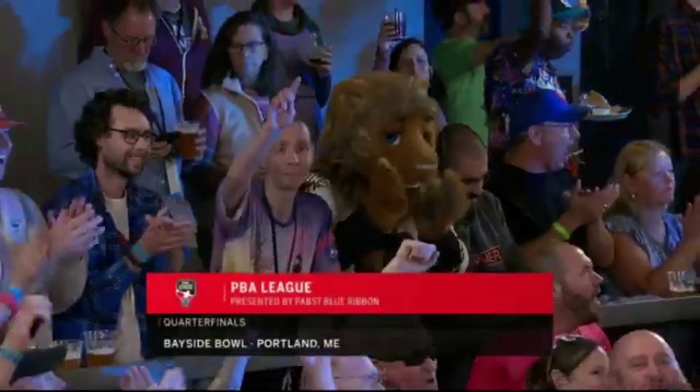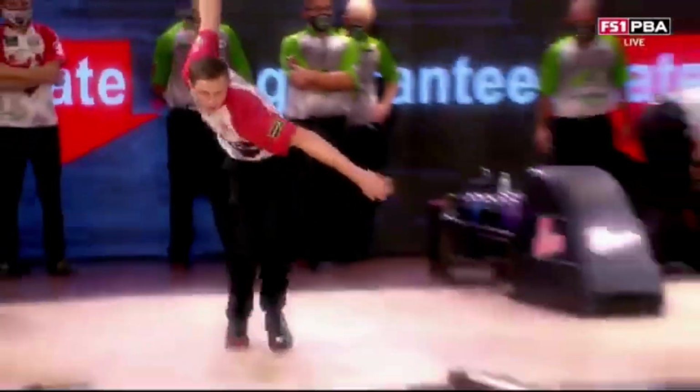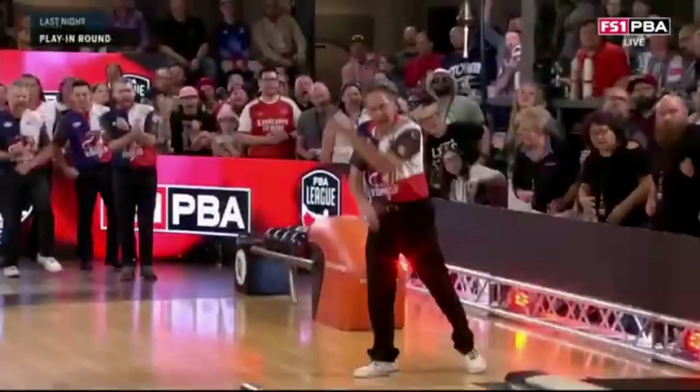Now the quarterfinals were played last night on Monday the 25th of September, so let's just look very briefly at some of the main highlights. There were 2 matches, and this time it was a race to 2 points. Match 1 was the High Rollers versus the Atom Splitters, and match 2 featured the Kingpins versus the 6th seed,